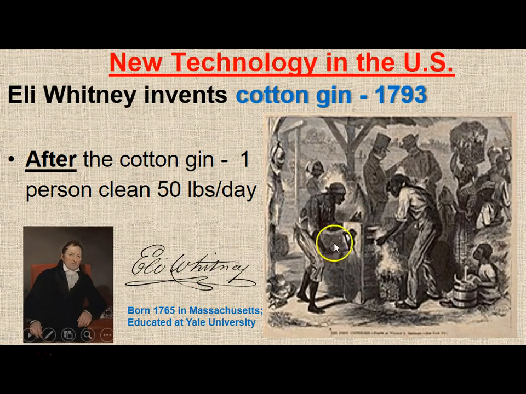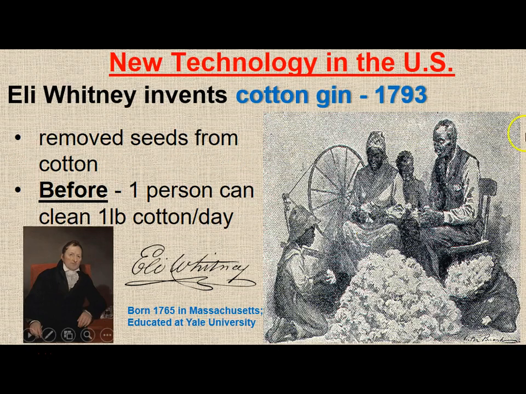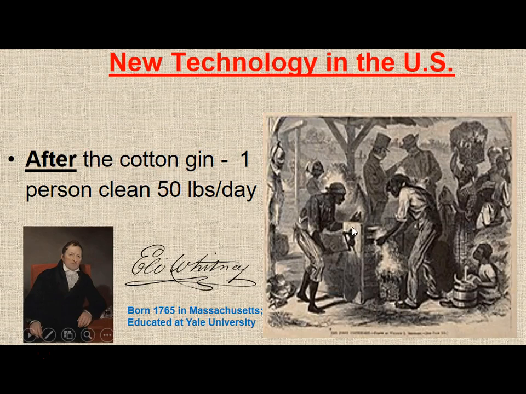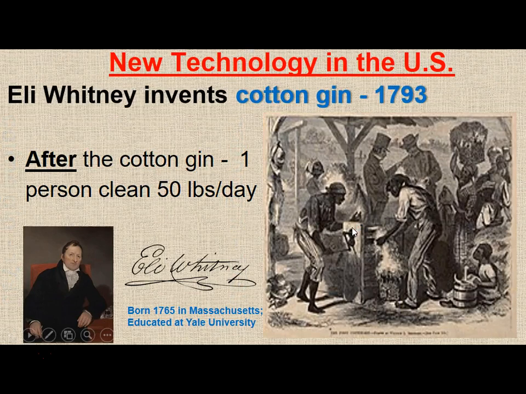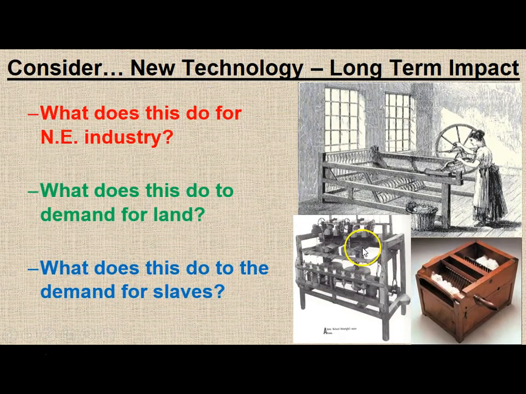So then the question becomes, those people who are doing the cleaning, now what are they doing? Lots of manpower back here. Slaves doing a lot of the work. Takes a long time. Hard to get a lot of money out of that. Now I can make it 50 times faster. And what am I going to do with these people? Well, these people are going to go on the other end of the process. Instead of the cleaning side of things, they're going to go into the planting side of things and harvesting side of things.